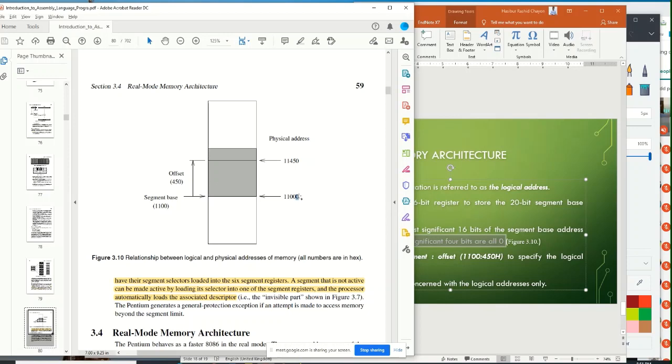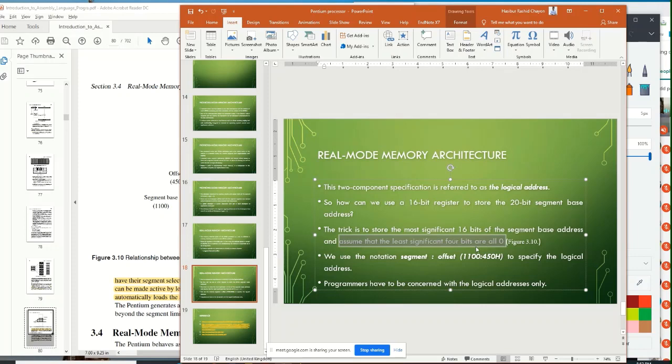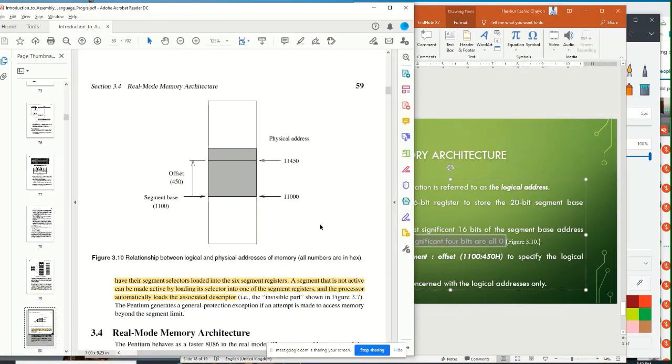Why are you saying that it is 0000? Because each 0 in a hexadecimal number is equivalent to 0000, because each digit of a hexadecimal number has 4 equivalent binary bits. That's why we are saying that the least significant 4 bits are all 0. Do you get it? Something like, if we want to make it 8 bit, then we will only write 1 1. And what? So like here is